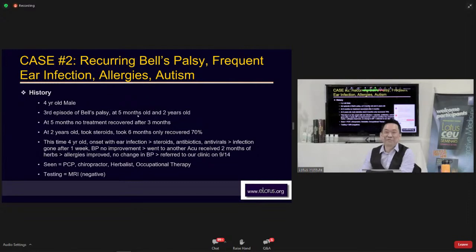this patient is 4 years old. The first 4-year-old Bell's palsy we have ever treated. We treat a lot of Bell's palsy, with phenomenal results just with acupuncture, with my QRA acupuncture. But with this one, it's a 4-year-old kid, right? We're not sticking any needles in him. He's squirmy and crying and yelling. And I don't want kids yelling in my clinic, because we have a lot of patients in our clinic at